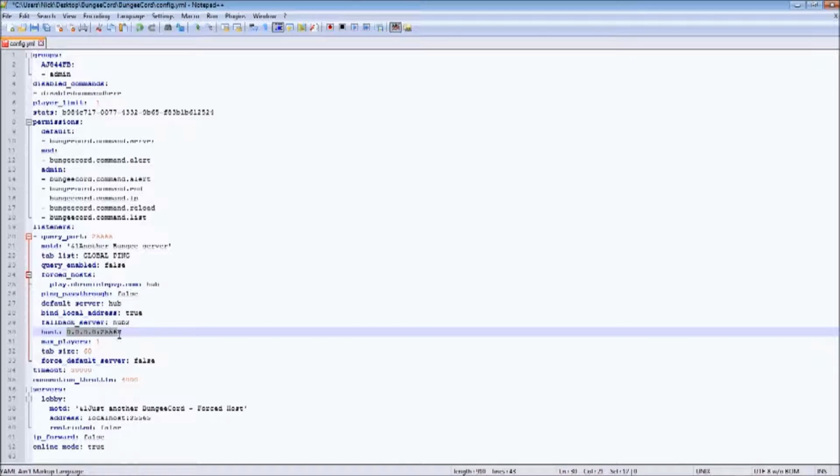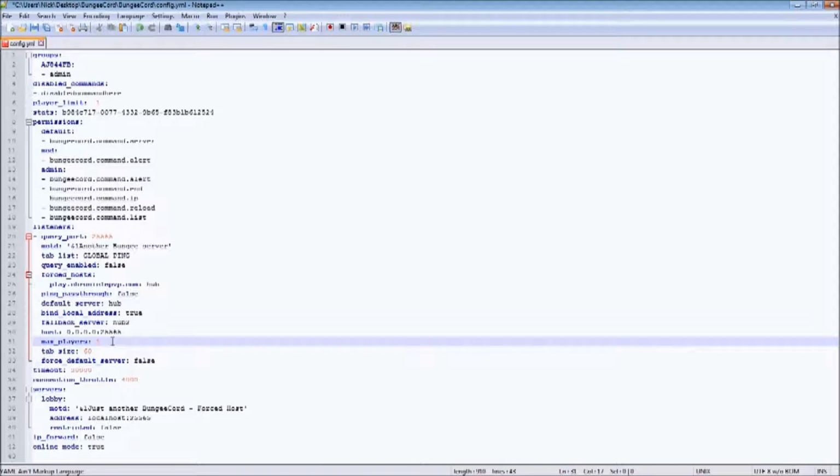Host, if you have a hosted company IP, you would put your IP for your BungeeCord server right here. If you are on a local host, you can just put 0.0.0.0:25565. The max players, this is how many players is going to be shown on your screen on the multiplayer